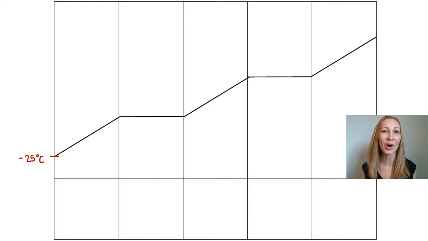Now let's just say we have water at negative 25 degrees Celsius. Well, we all know that it's not called water when it's at negative 25 degrees Celsius. It's called ice, and ice is a solid. Now, you may remember that solids have fixed shapes. The particles are really close together. They're vibrating back and forth, and they're sort of in a pattern. Now, water particles don't necessarily form this pattern, but they do form a pattern,